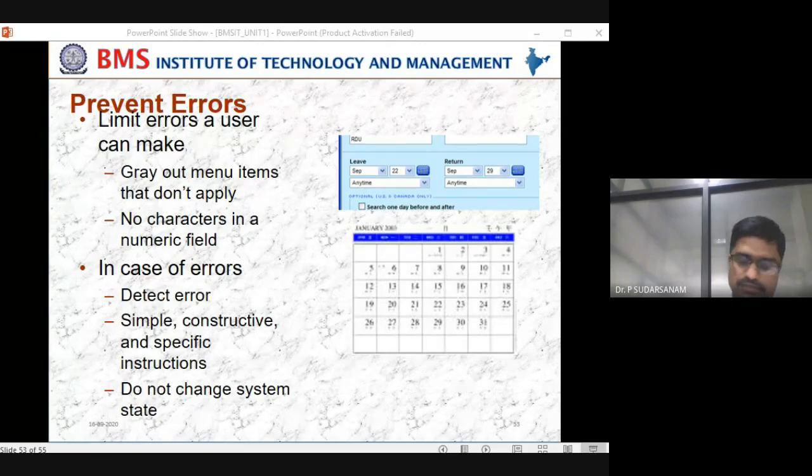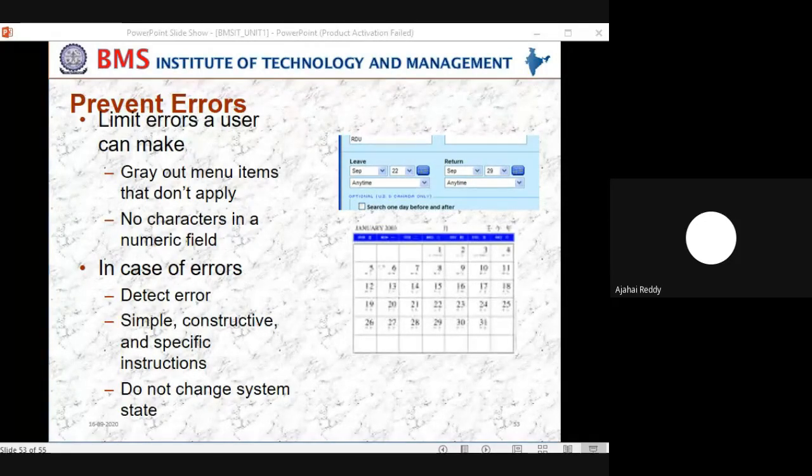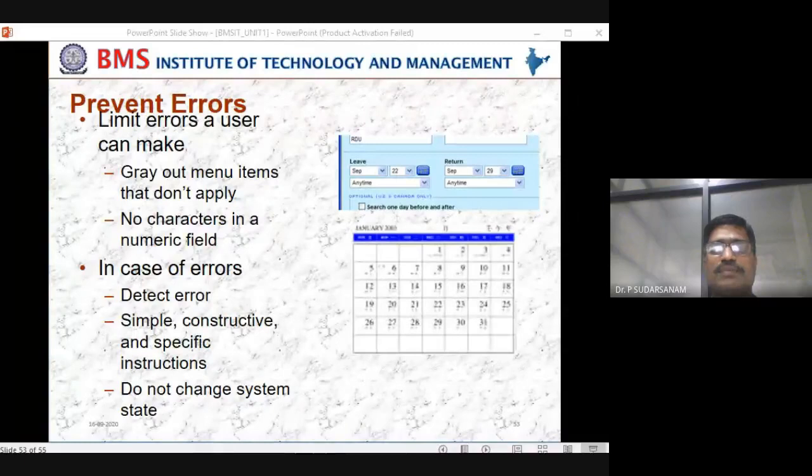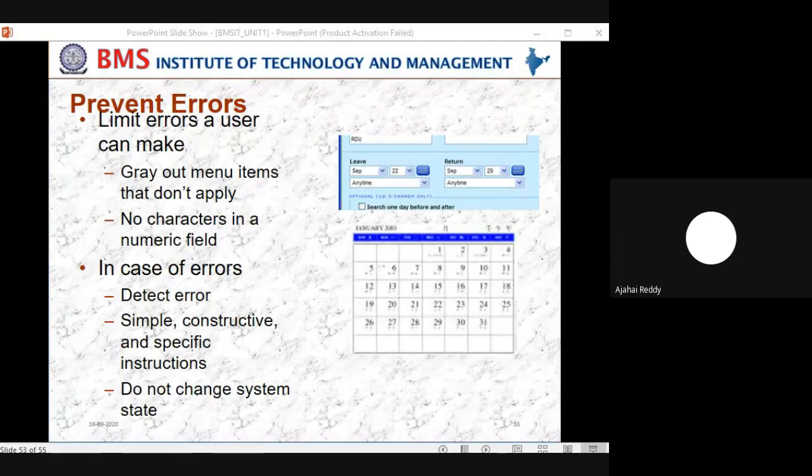Right, sir. So anything else? Any placement is there? What happened, Sahadev and Rajesh? Ajay? Yes, sir. What happened, Sahadev and Rajesh? Don't know, sir. Okay.